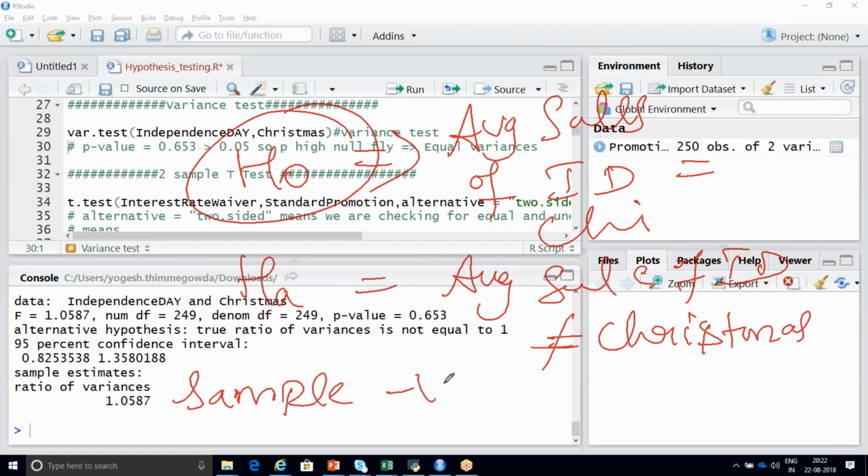Yogesh, this is Bharat. Sorry for the interruption. In the previous variance test, after getting the probability value in the console, there is the 95% confidence interval, and below it there are some values. What does that mean? These are your average weight values. If you want to do it manually, you should look at all those things. This is your confidence interval value.